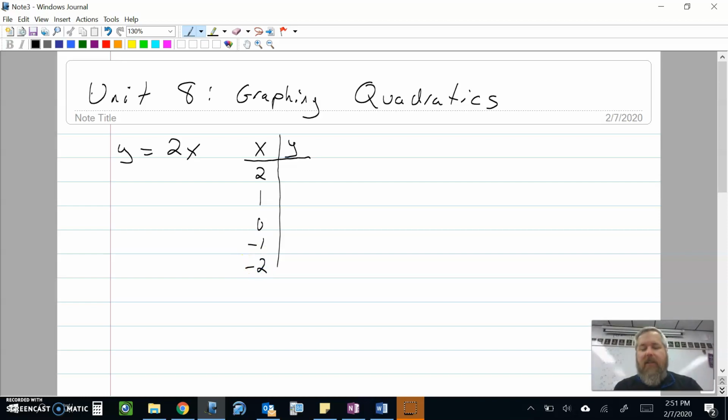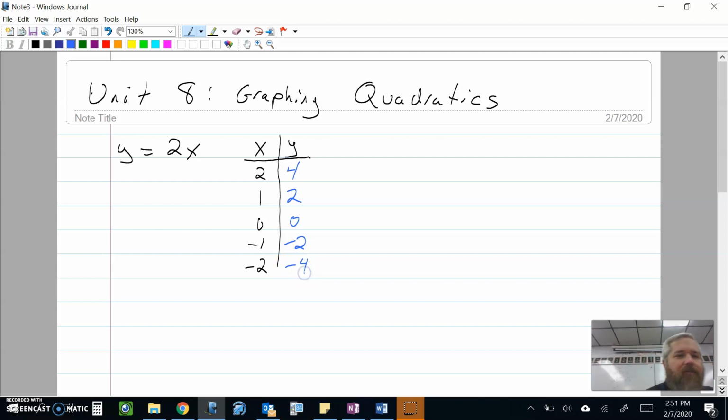So the table of values is just saying, hey, listen, if x is 2, then what is the value of y? If I plug in 2 for x into here, 2 times 2, of course, is 4. And then 2 times 1 would be 2. 2 times 0 is 0. 2 times -1 is -2. 2 times -2 is -4. So we just made a table of values,